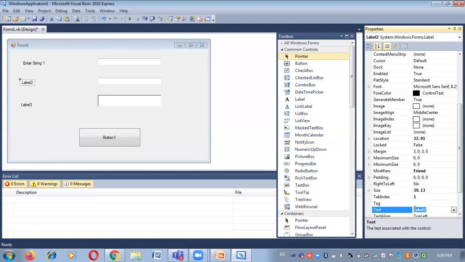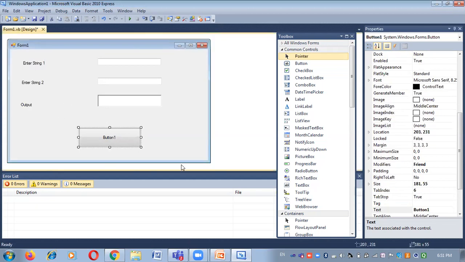With this, the display of the label control will change. Enter string 2, and for the label, concat output, you can write it as output.